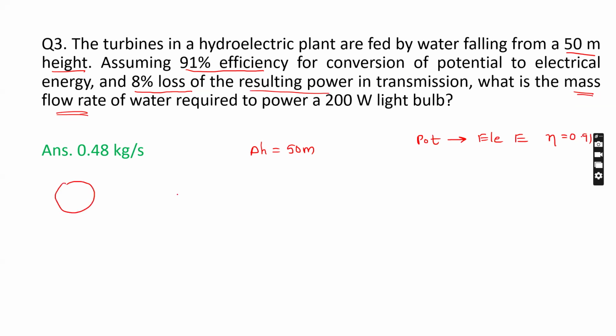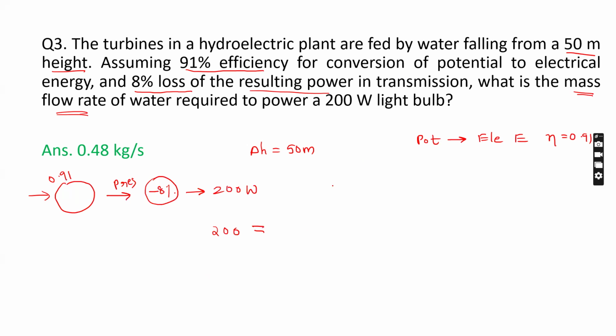Okay, assume here the outlet is 200 watt, right? And this is coming after the loss of 8%. This is some resultant power of something from something. Okay, and here also there is only 0.91, like 91% efficiency here. So I say this 200 watt equals to,